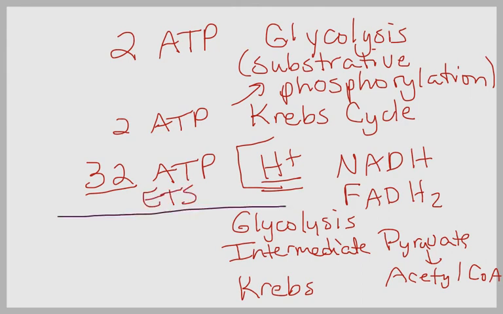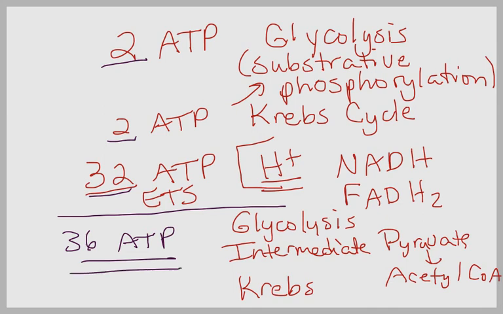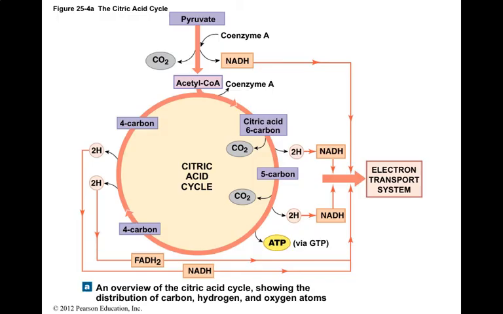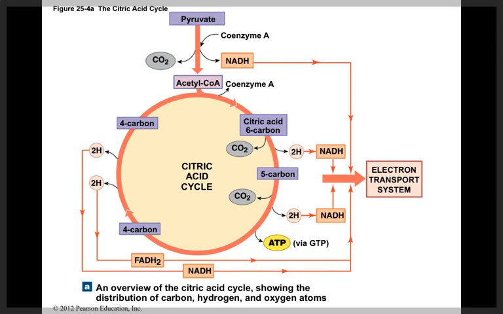Overall, grand number of ATP is 32 plus 2 plus 2, which gives us 36 ATP. And that's where we get the 36 ATP from cellular metabolism. Okay, if we take a look at this picture here, this is showing pyruvic acid, where we're starting from. Pyruvic acid